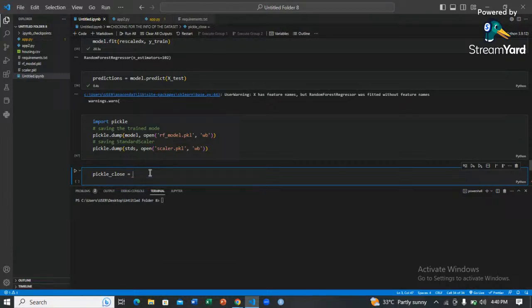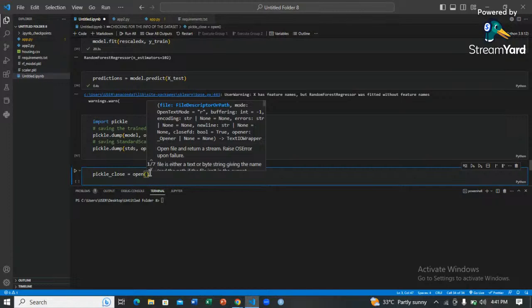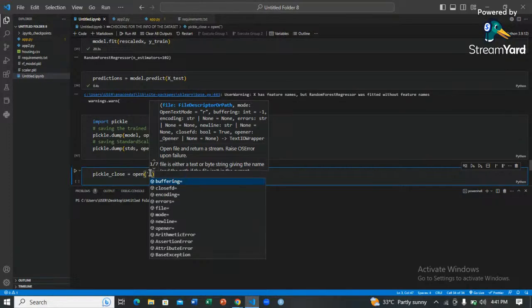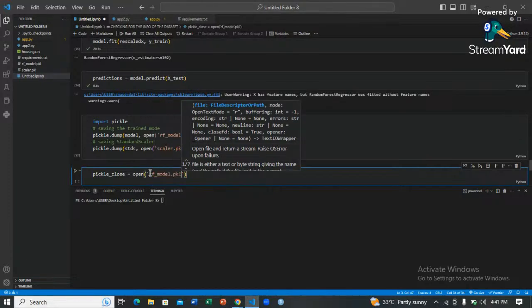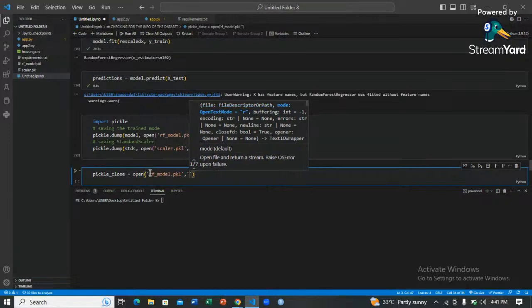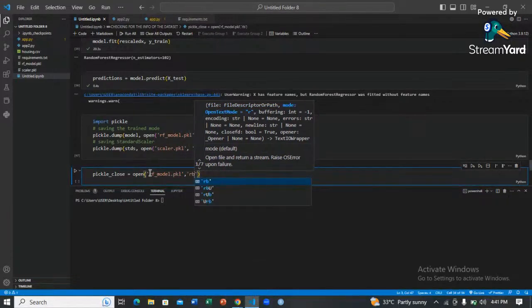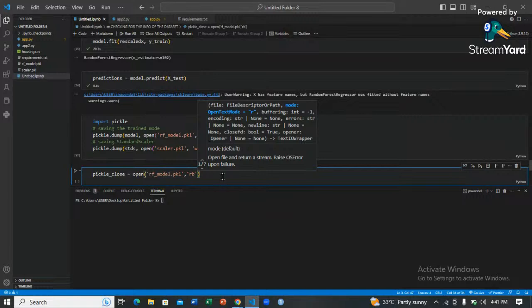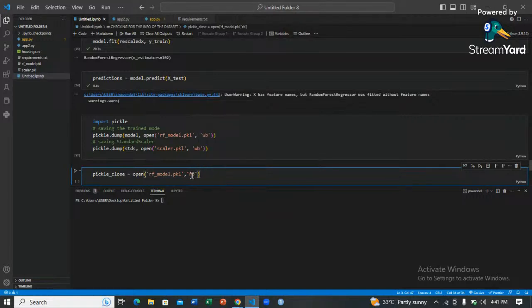Then I'll open this particular file. Open, then call in the model, let's say rf underscore dot pkl. Then I have to write this particular mode, is it RB or sorry, WB? Yeah, cool. So now having done this, I can come back and write pickle